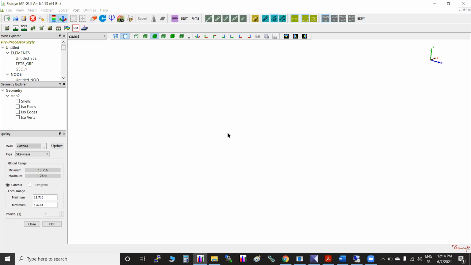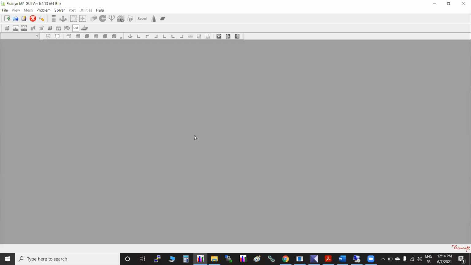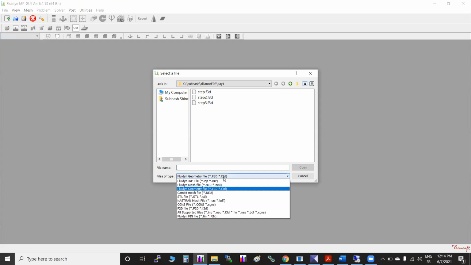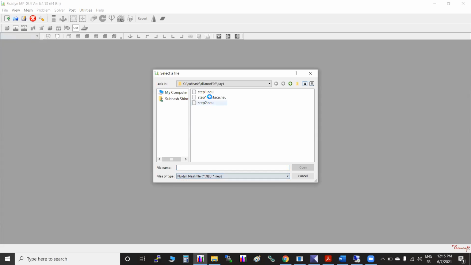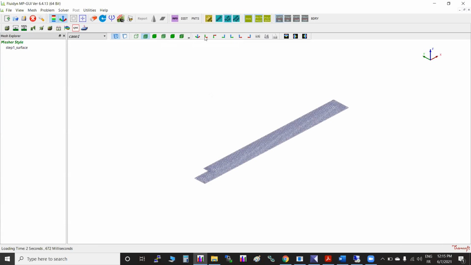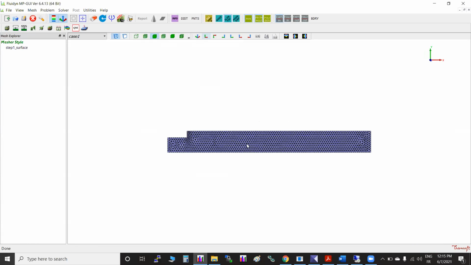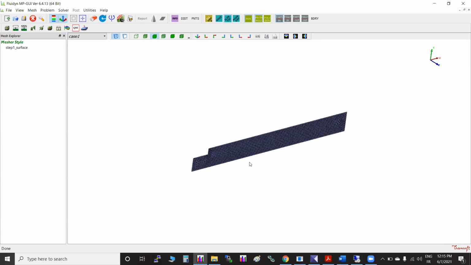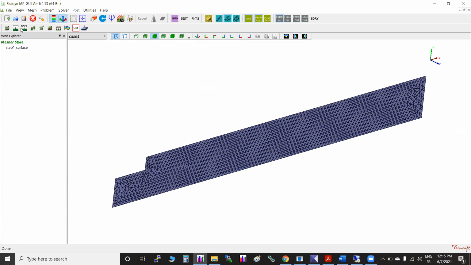I'll close it again. Let me show you that particular part. I just missed out on one thing. I'm just loading the surface mesh. The one part that I missed is the axisymmetric mesh. So what do we do here?